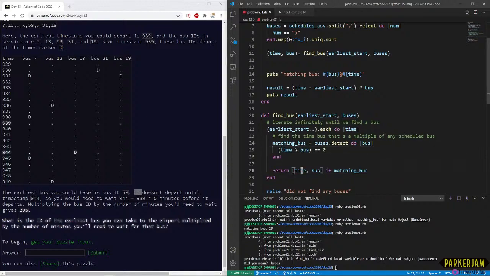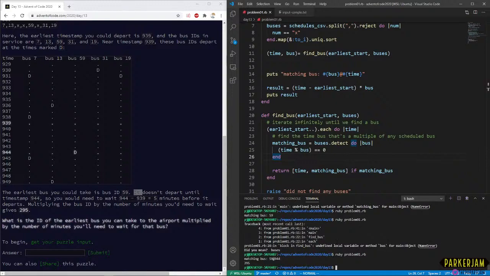Oh wait, no. This needs to be matching bus, because bus is just local to this block here, so it would never see that. Yeah, that makes sense. Okay, let's go.